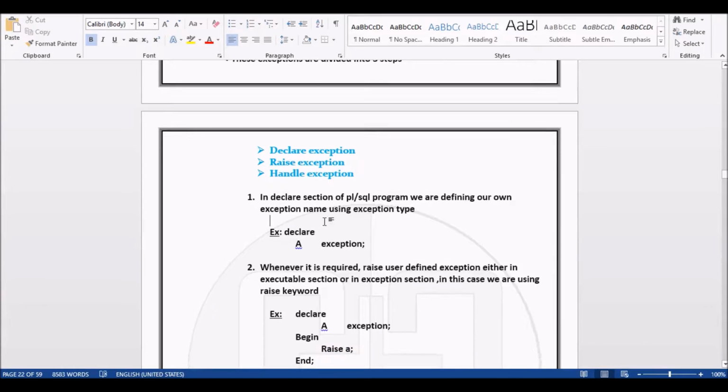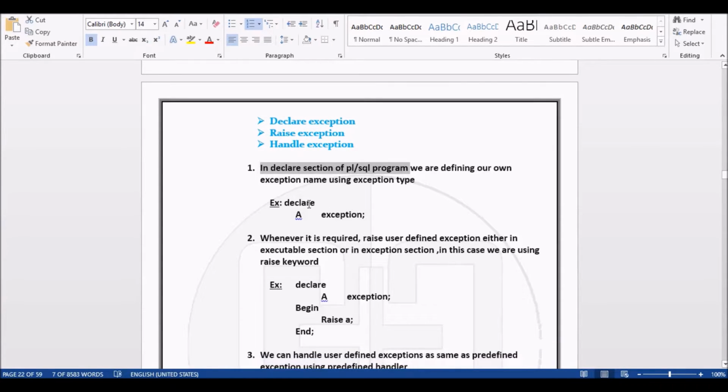So what is declaring an exception? In the declaration section of the PL/SQL program, we define our own exception name using the exception type. Normally in the declaration section we declare variables and cursors. Likewise we declare an exception here. So A is an exception name, and here we specify that it is an exception.